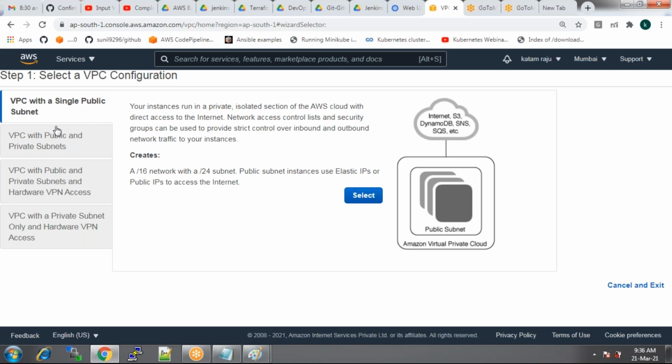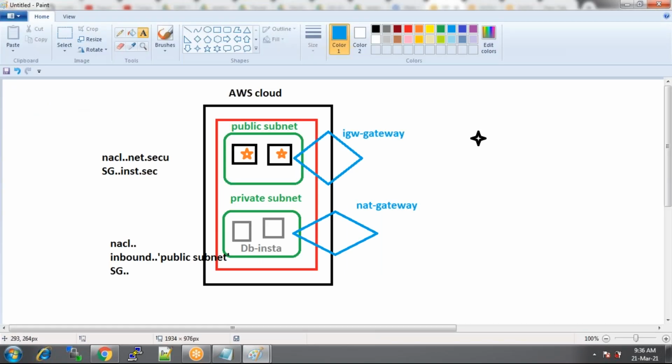If you understand this architecture thoroughly, then only will we be able to implement your public and private subnets or VPCs. Even in terms of Terraform, when you go to Terraform, we'll be implementing all of these. When you're writing some Terraform scripts, you should automatically understand how the architecture of VPCs works.